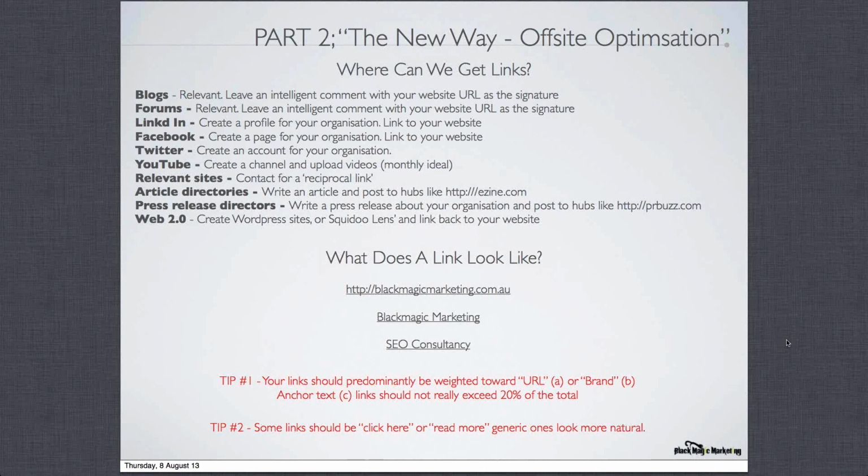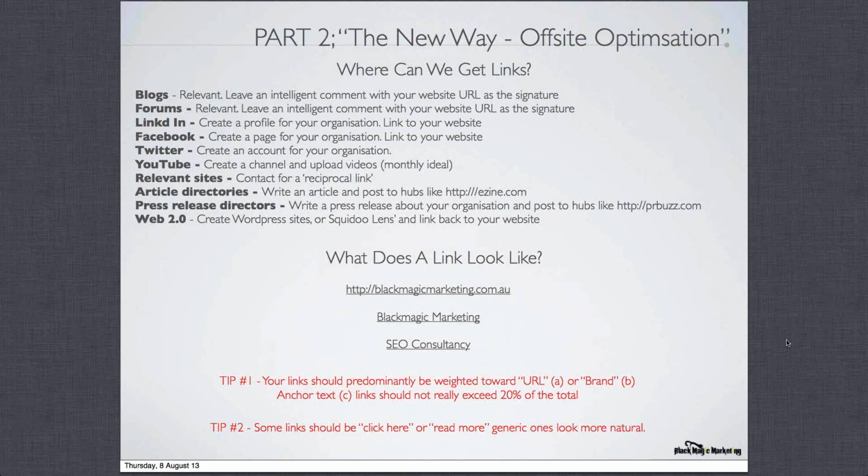If you've come across a relevant website, you can contact the webmaster or the owner for a reciprocal link. So you contact them and say, this is what I do. It's quite similar to what you do. I think it would be pretty nice if I put a link to my website on yours, and then I'll put a link to yours on mine. So the link from your site to theirs is actually helping them, but the link from their site to yours is helping you. So it's a mutually beneficial thing. And provided there's no real clash there, but even so, one link traded is not going to be the difference between life and death as to if they rank 1 and you rank 2. It's just quite a powerful way to get really relevant links.